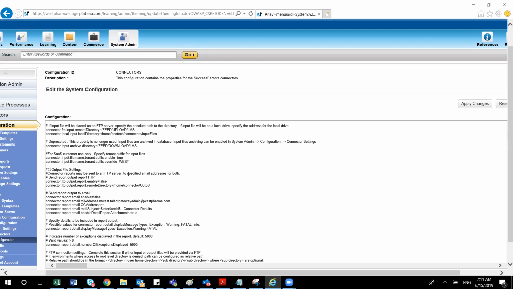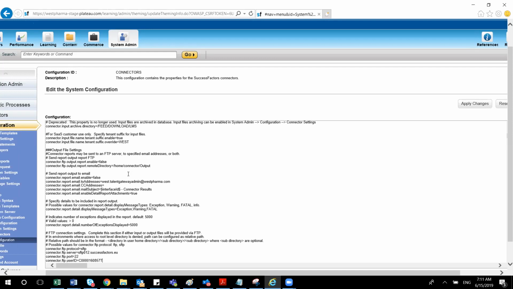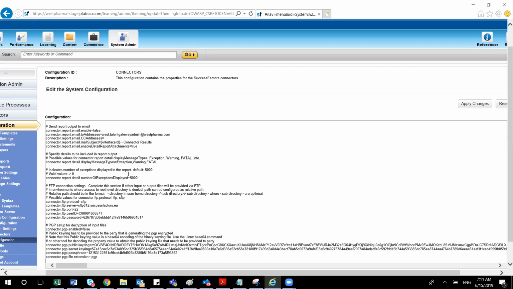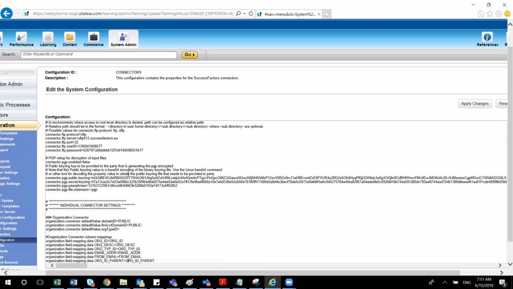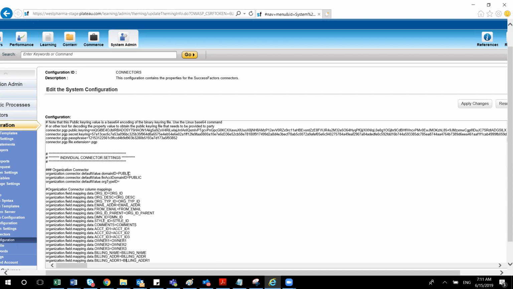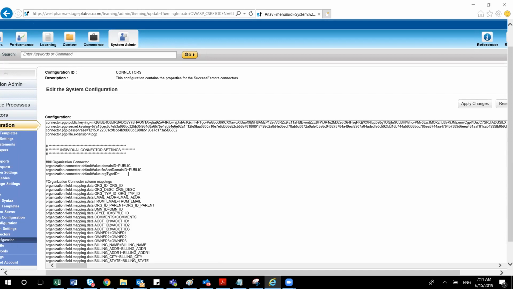For individual connectors, we will have different settings here. This is actually a one-time setting. For all your connectors, the field mapping and all the settings, by default SAP will be providing. If you have some custom field and want to do the mapping here, then you have to commit here. Otherwise, you don't need everything. Only the email address, and you have to maintain the domains here.